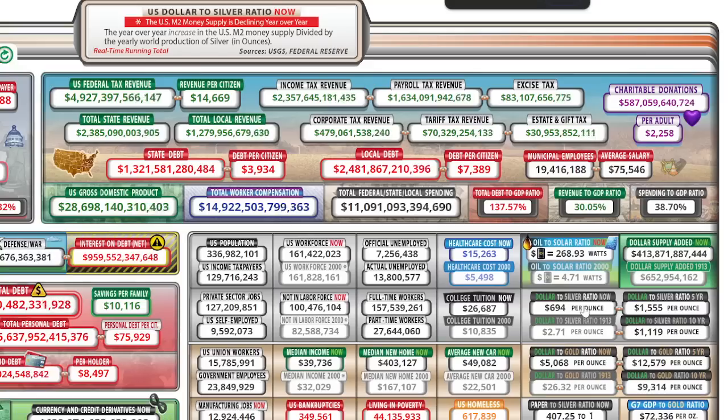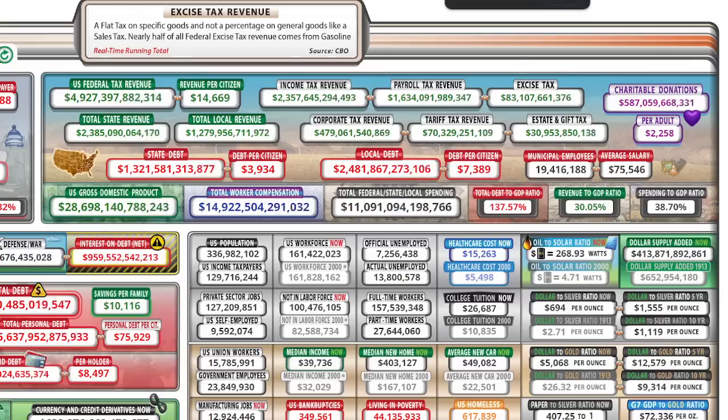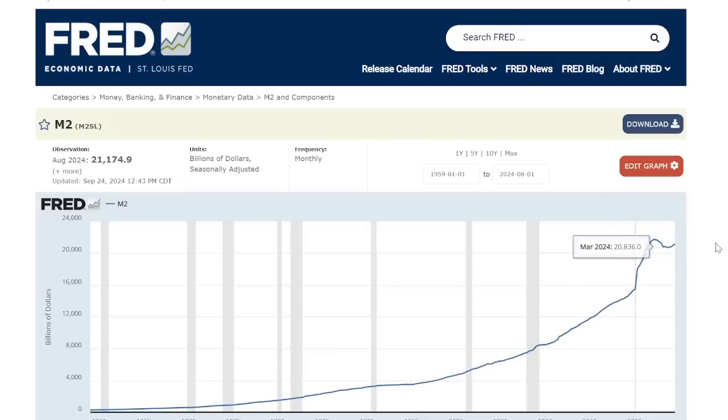So what this is, it's how much money is printed in dollars year over year divided by the yearly world production of silver by the USGS. So that means that either they're mining less silver or they're printing more dollars. And they probably are mining a little bit less silver, but not by that much. They indeed are printing more dollars. Here is the proof. FRED tells us the truth. The Federal Reserve Bank of